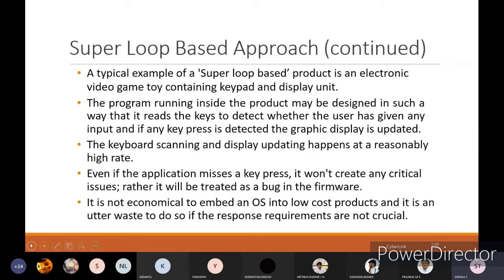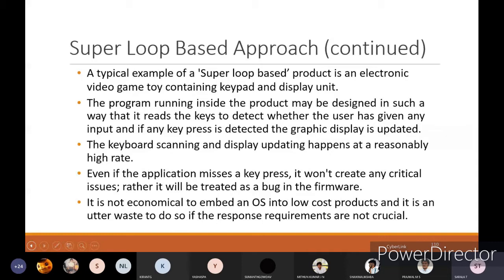If any key press is detected, the graphic display is updated. The keyboard scanning and display updating happen at a reasonably high rate. Even if the application misses a key press, it won't create any critical issue. Rather, it will be treated as a bug in the firmware.